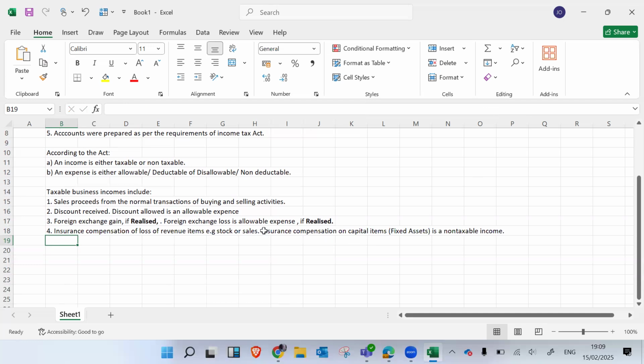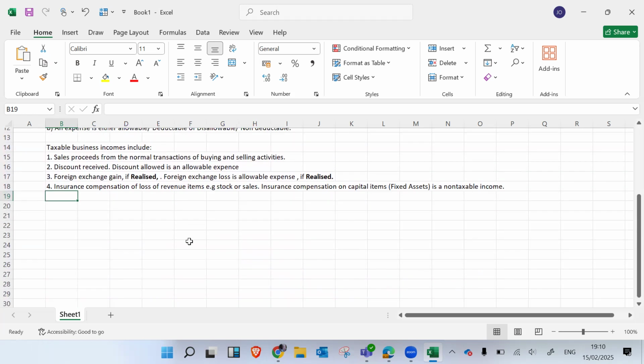But if we had insured our stock, sorry, a little noise. If we had insured the stock and we lose the stock, the insurance company compensates us. Then that kind of compensation is in other ways like saying we have made a sale. That's like a sale that has been made. It's as simple as that.